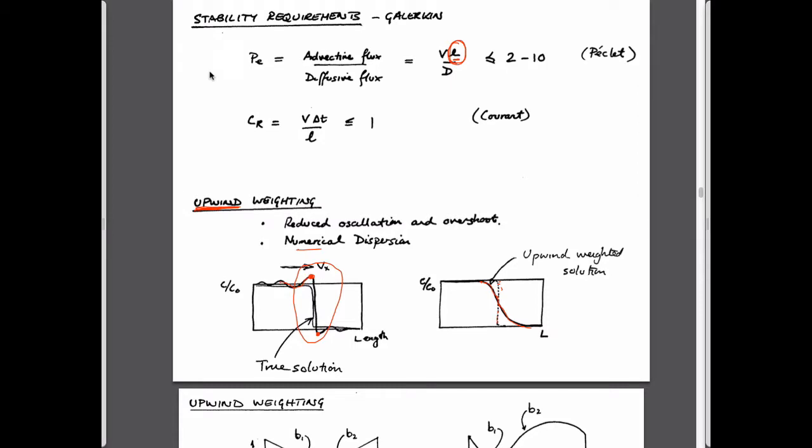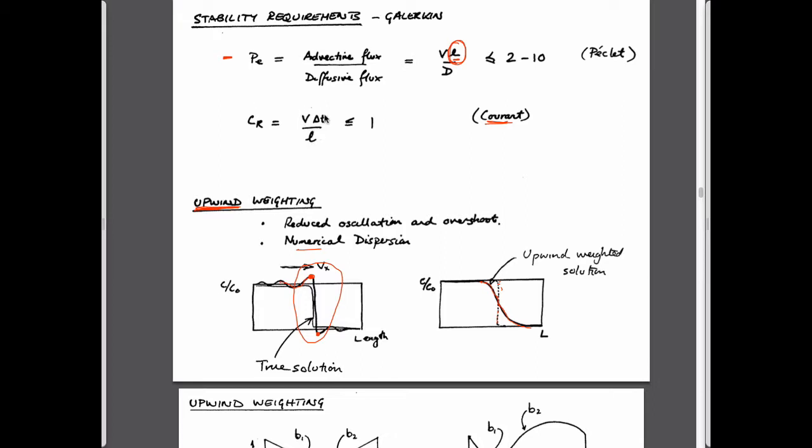The other thing that I skipped over, but I'll come back to, is that there are two important features in terms of stability. Stability in terms of the spatial discretization, if you like, is that the length scale of the elements has to be small enough to give a good representation of the concentration field. That's what the Peclet number is really saying. The other number is the Courant number. And the Courant number is a ratio of the,